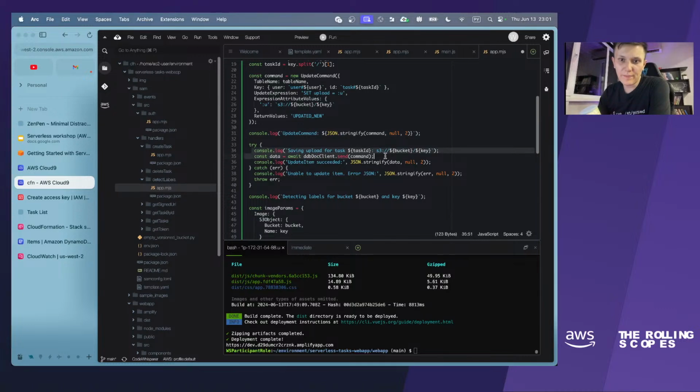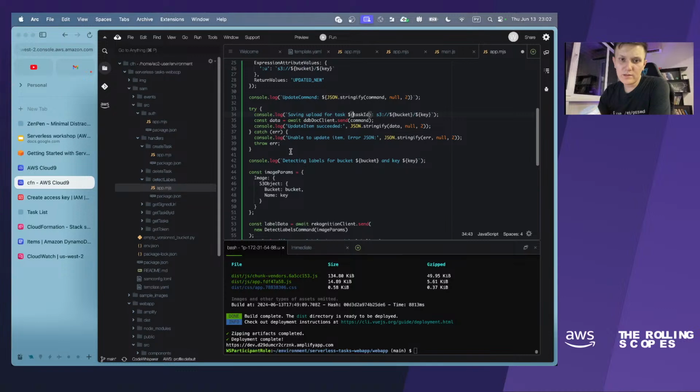So we update our DynamoDB entity here. It is just a reference to console to let us know which task has been updated with what illustration, like the S3 bucket and object key placed here. And in case of errors we have console log, but I would put console error here instead of console log.